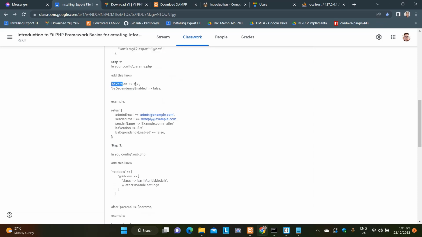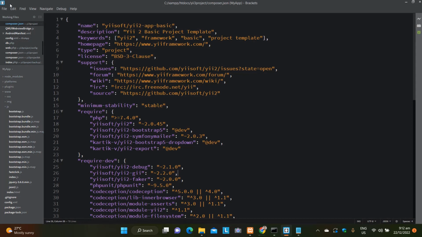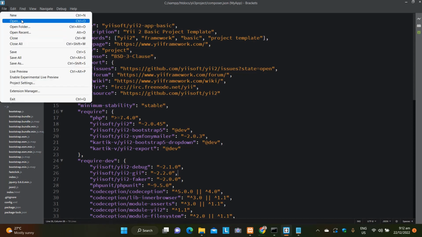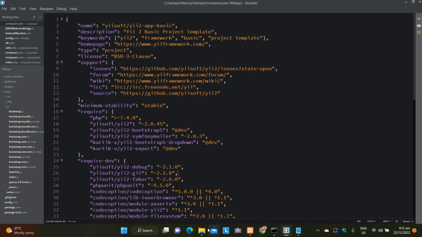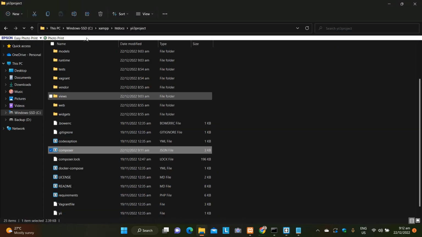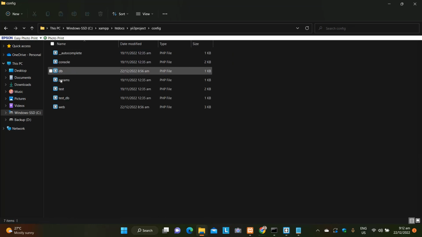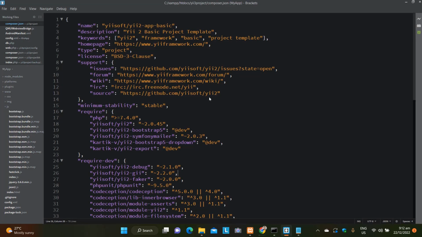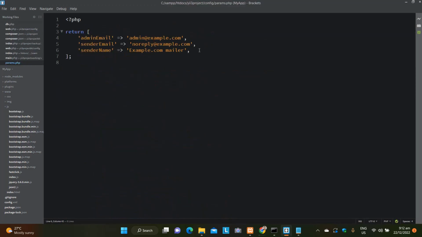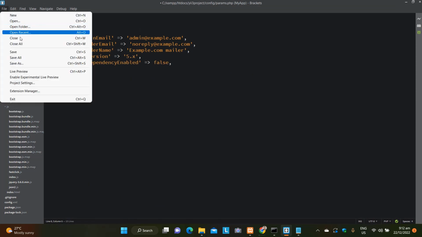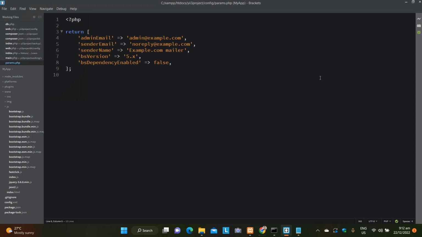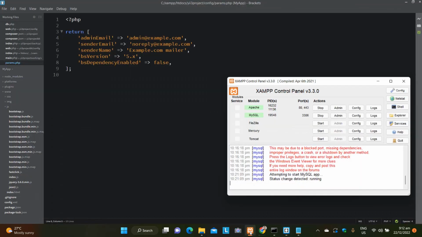After that, go to params and we need to add these lines. Don't forget to save this one, or Control S. Let's go to config, then go to params. Then we're going to add these two lines here, hit save, and after that we're going to